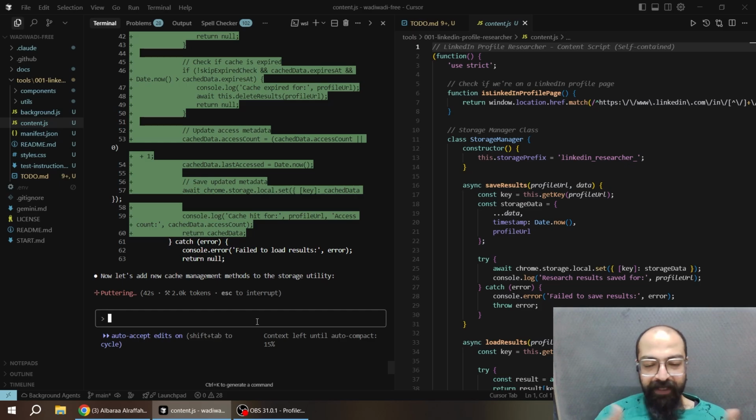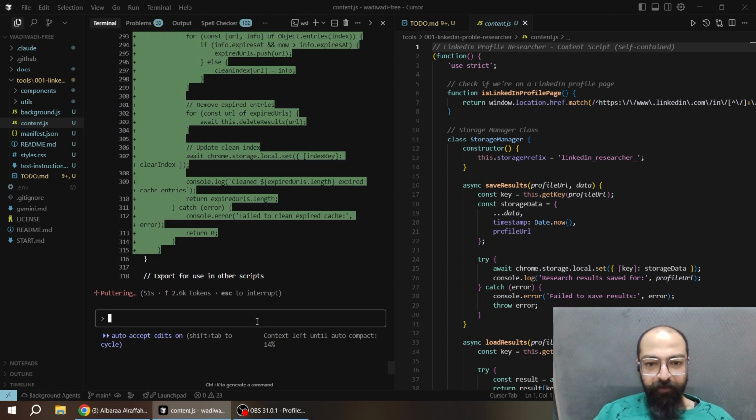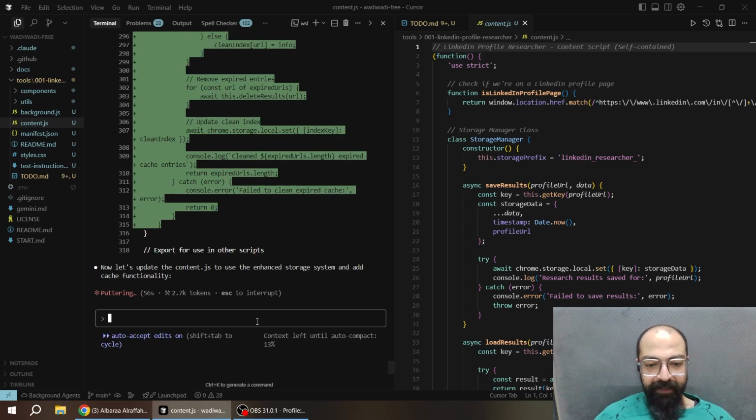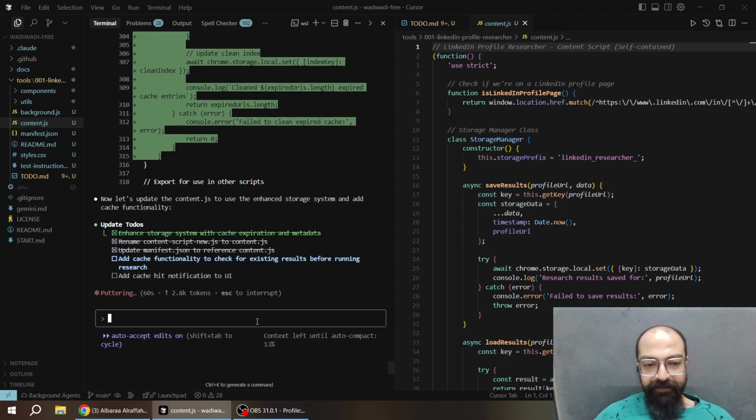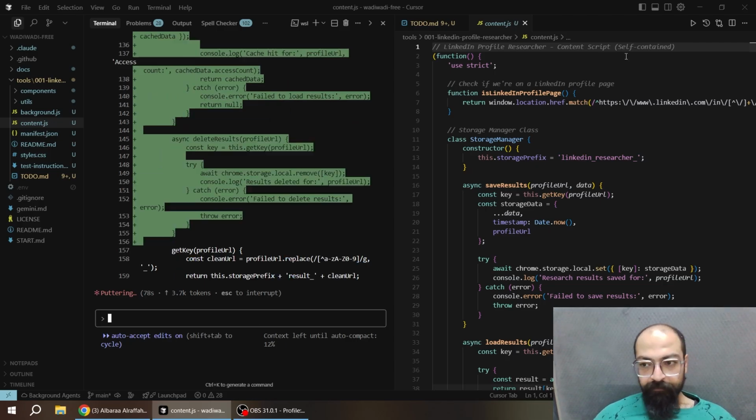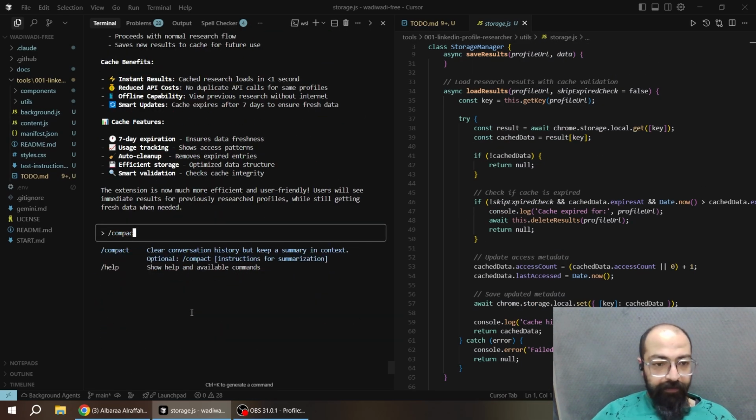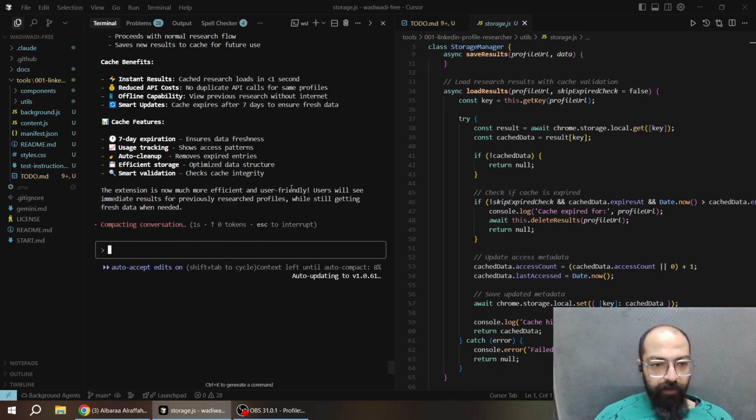It doesn't stop when it's in the middle of a task, and it will probably ruin the context and the memory and the task at hand. So I'll try to run the compact command myself, so between the jobs it will do it properly. Okay, the edits are done. I'm running the compact command